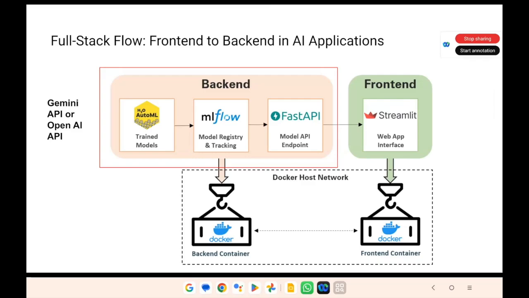But again, it's going to be a FastAPI. Finally, with all those models, I just develop an endpoint. I expose it to the front end, and the front end guy hits the endpoint and gets the output. And for that endpoint, we Dockerize it in a container, and that's how things work.